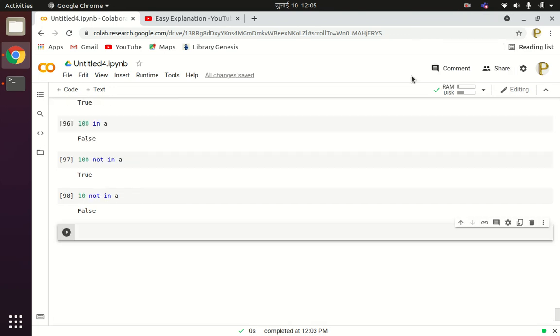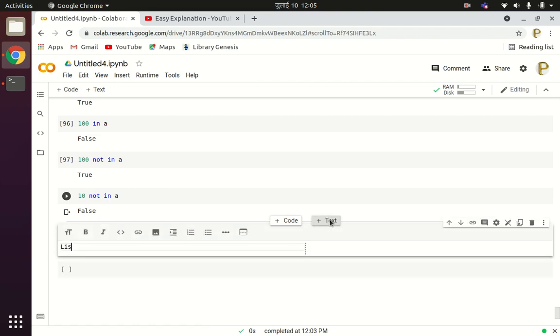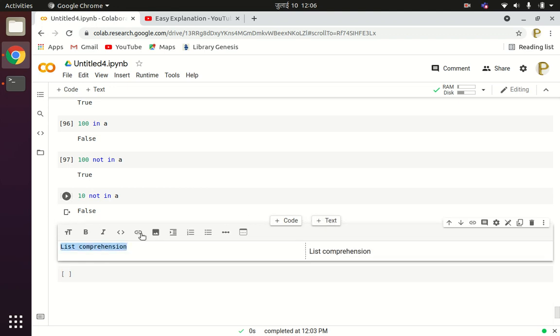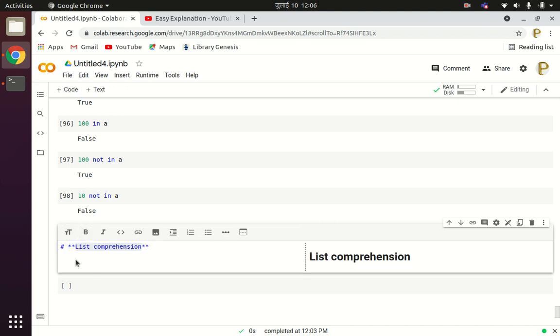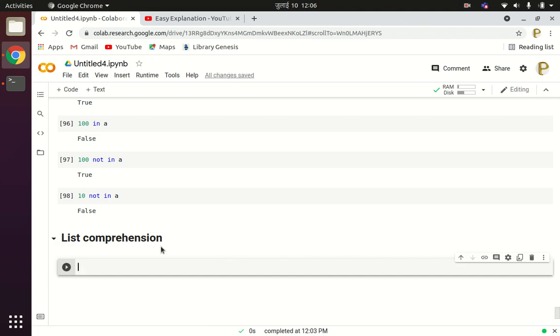After this, let us learn about list comprehension in Python programming language. Let us say I have a list L equals to 10, 20, 30, 40 and 50.